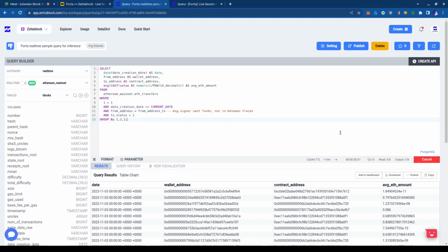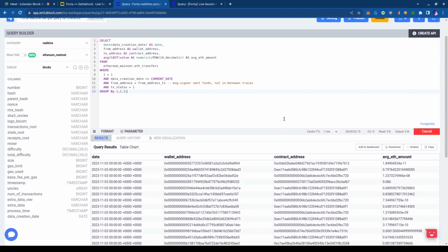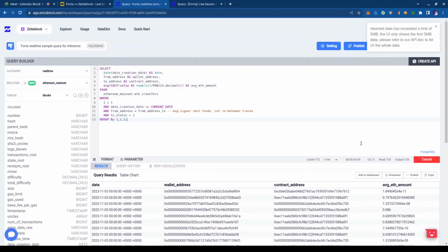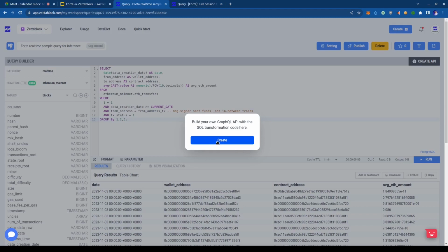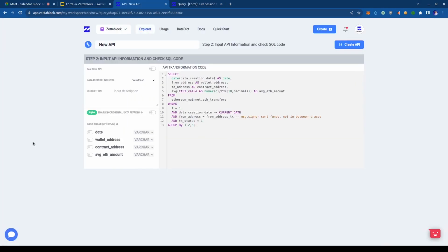If we run this in the real-time DB, it shouldn't take very long, although it is an aggregation, and it's going to give us a lot of results. We get a flag here saying you're dumping a lot of data into your browser, which is what we were saying earlier. It's probably not a good idea to be doing that in the browser. But yeah, then you will click Create API, and when you're ready, you need to name this Forta Live